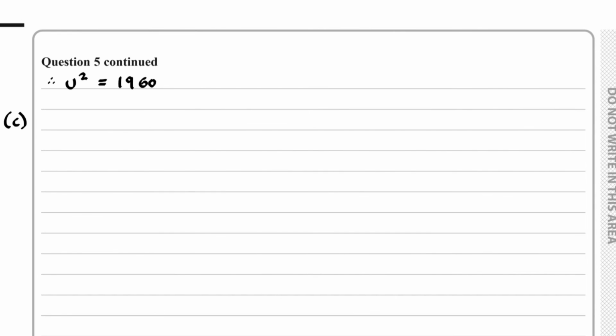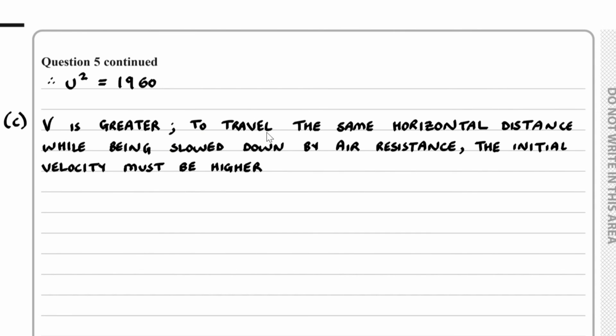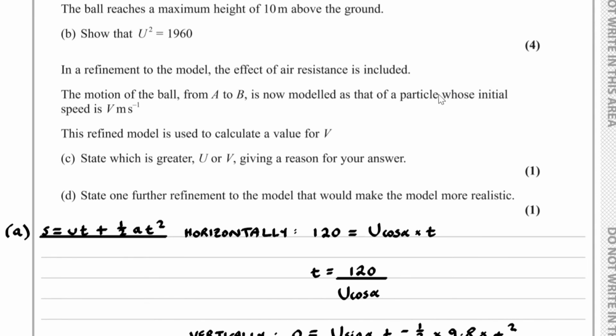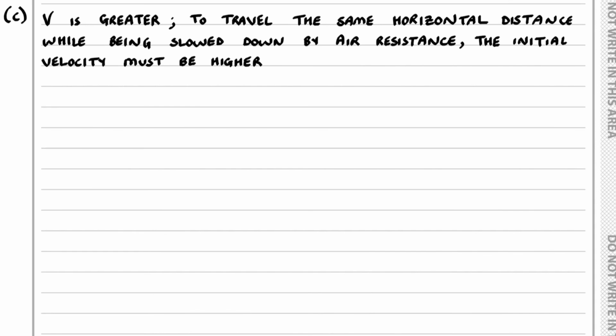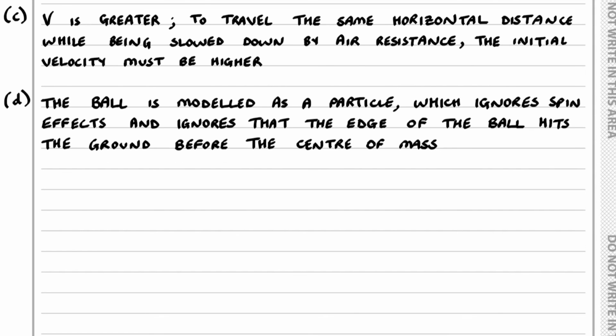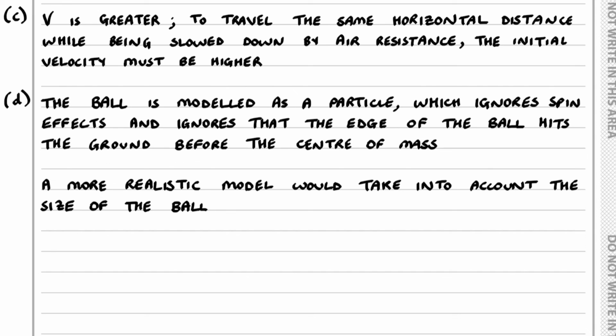So for part C, v is greater, and that's because to travel the same horizontal distance while being slowed down by air resistance, the initial velocity v must be higher. Now for part D, we have to state one further refinement to the model that would make the model more realistic. Well, for part D, the ball is modelled as being a particle which ignores spin effects and ignores that the edge of the ball hits the ground before the centre of mass. A more realistic model would take into account the size of the ball,